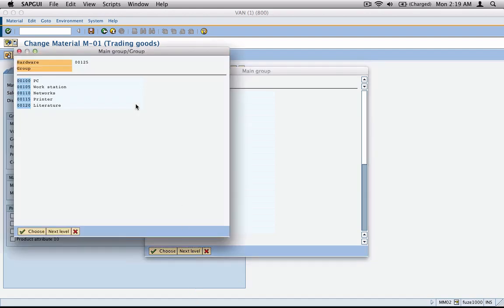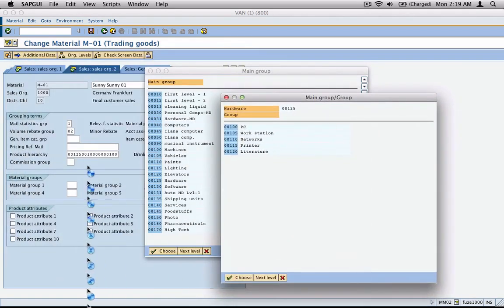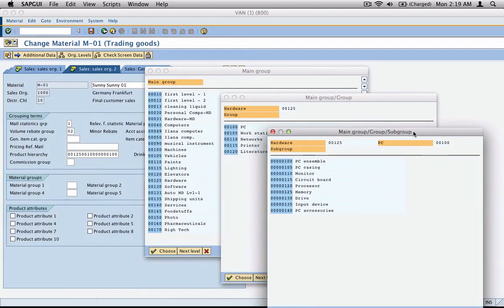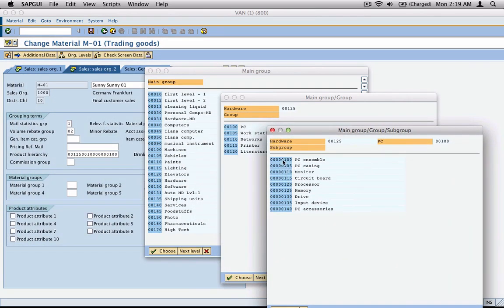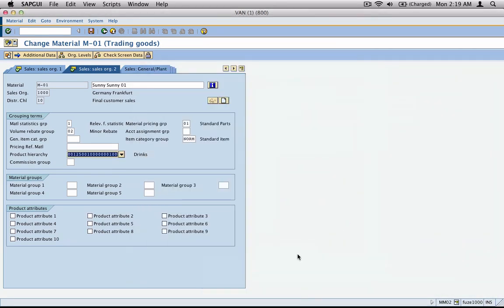Okay, and then it will open another pop-up. Here choose whatever option you like. It's a PC, so it's hardware, and inside that it's a PC, and then select PC and then choose next level, and then you have your next pop-up in which you can say it's a PC ensemble, and then now click choose and the entire hierarchy will be selected,